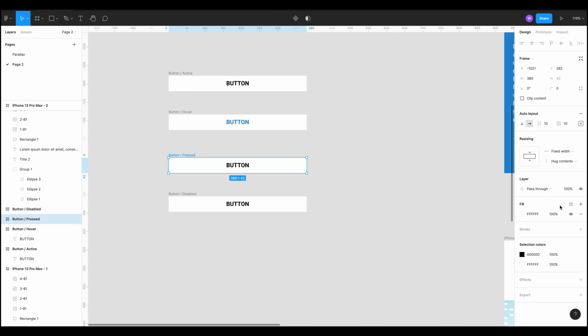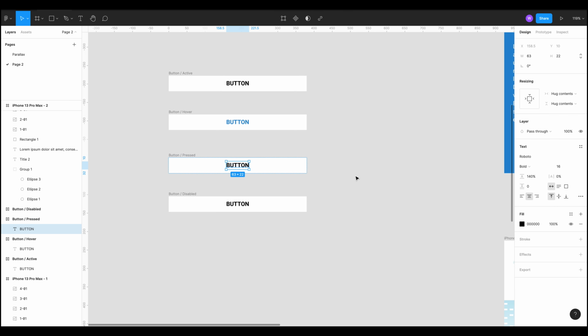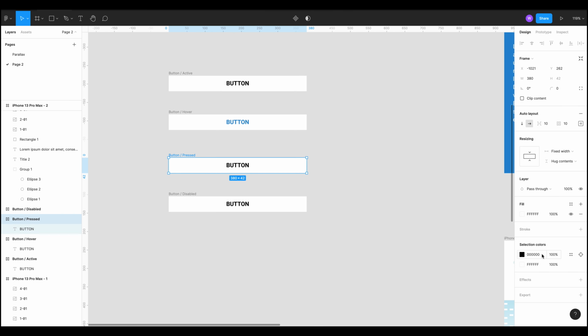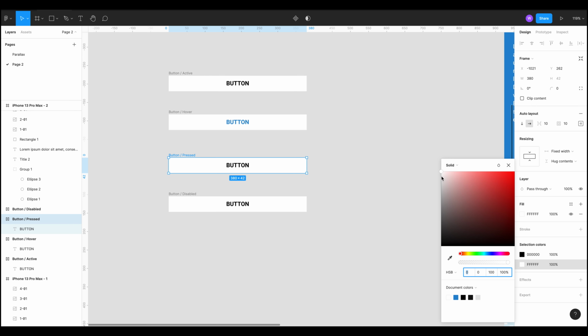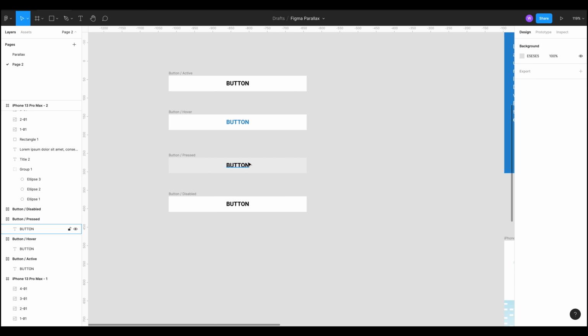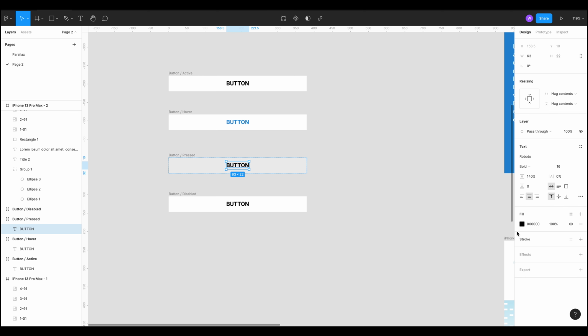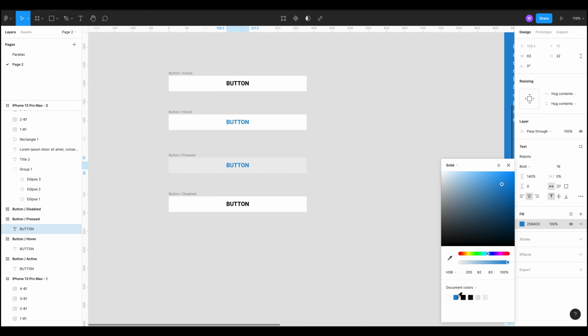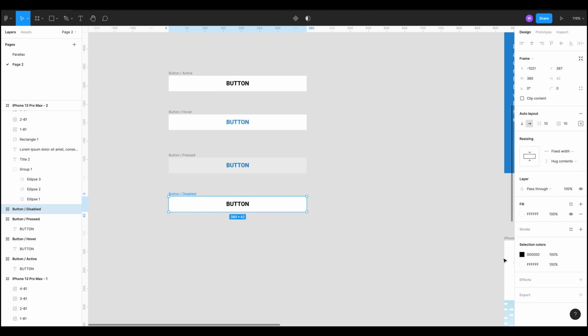When it's pressed, let's change the background to just a slight grey, and the button to blue, but we can make it darker blue perhaps,